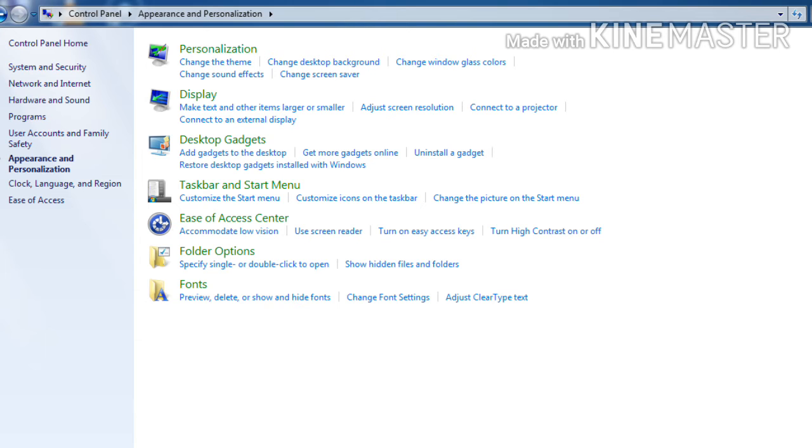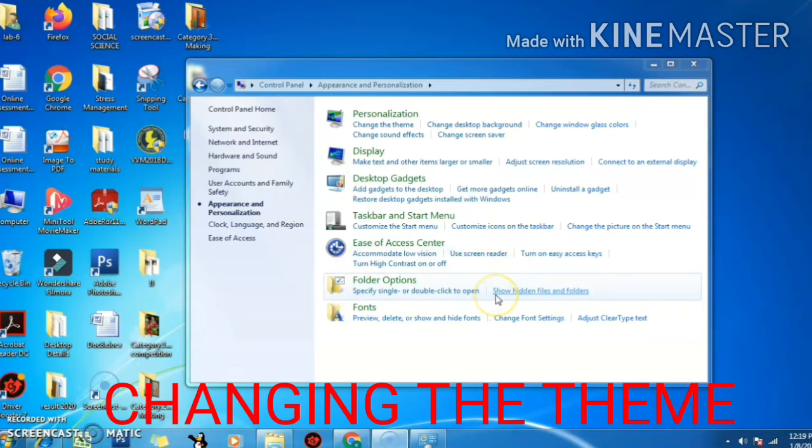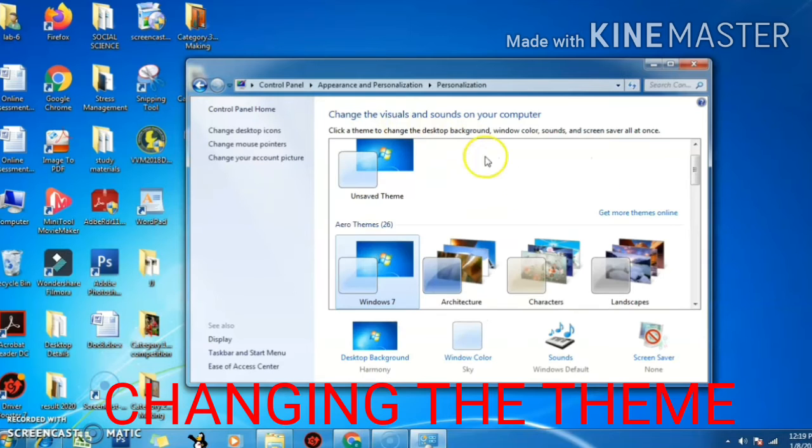Children, let's see how we can change the look of the Windows display by changing the theme. Here you can see the different applets that we have discussed. In the personalization you can see change the theme. Just click on it.